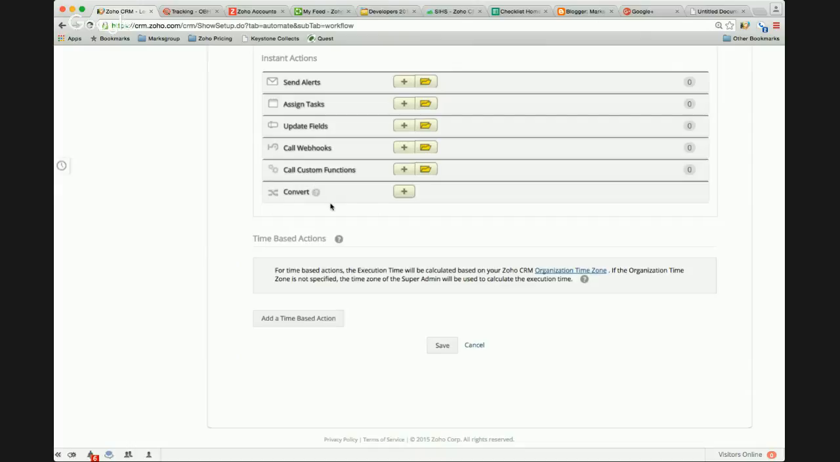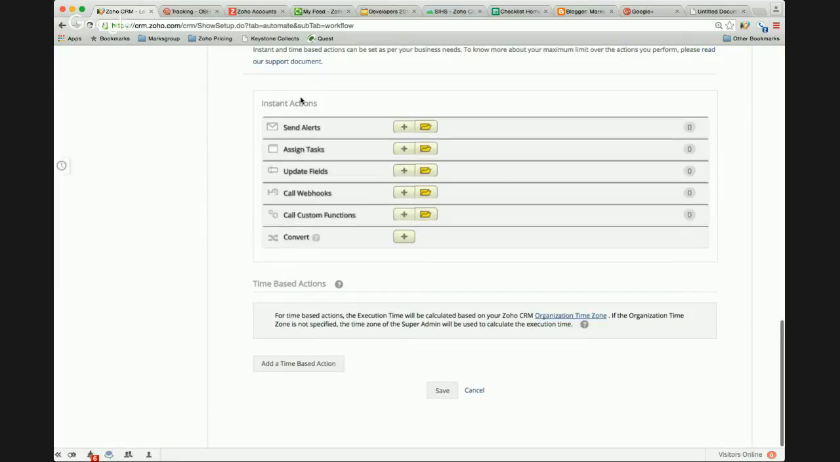This is something new. And if you are at professional level or below, you will not see the custom function in your list of possible actions. Custom functions are only available for enterprise and above, but I believe convert is available for the lower editions. So I want to create a conversion event,